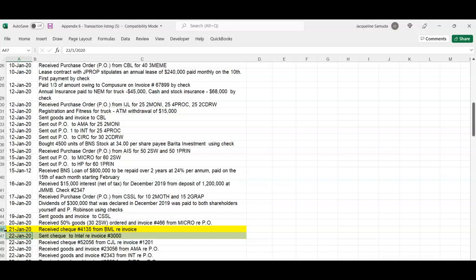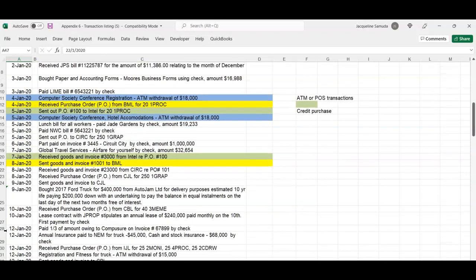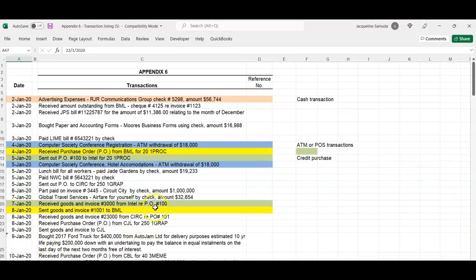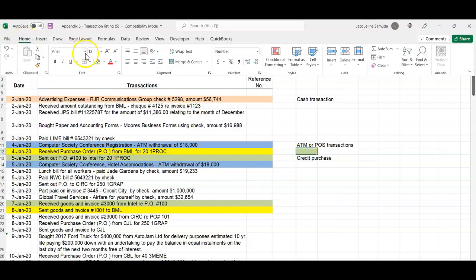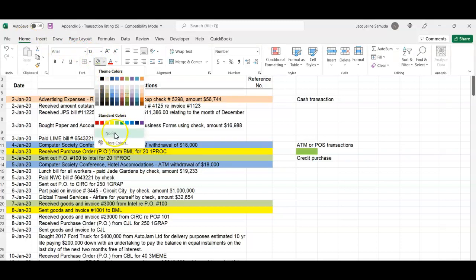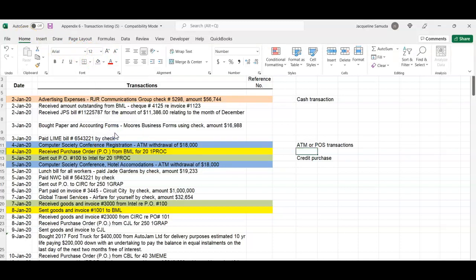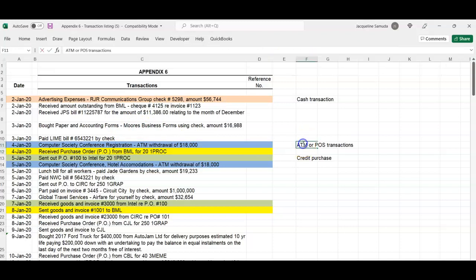All right? So notice the sequencing. But the point is that we have a series of steps. So I'm going to do the ATM transaction first, being the easiest, and then go to the cash transactions, and then find the credit purchases. Now, in this particular example, the blue one, for the ATM withdrawals, what you're actually going to have to do is to use a journal entry. So we're going back to the journal entry screen